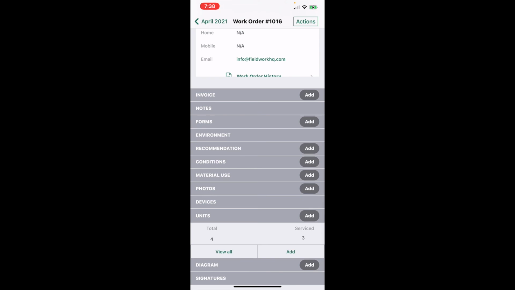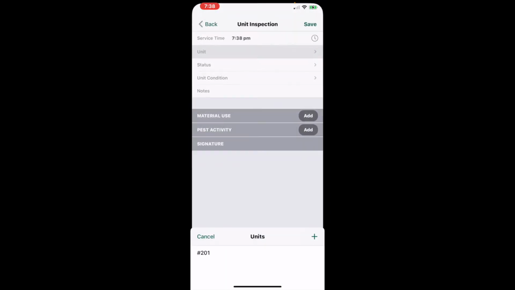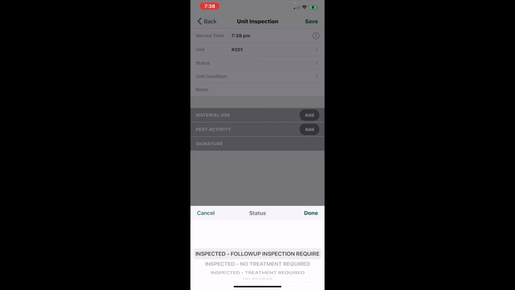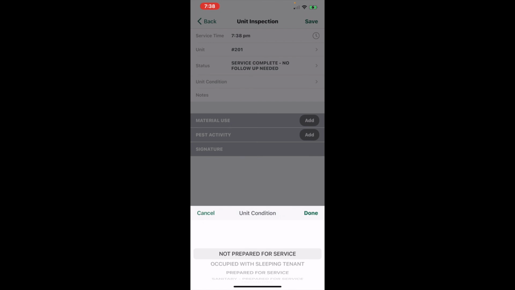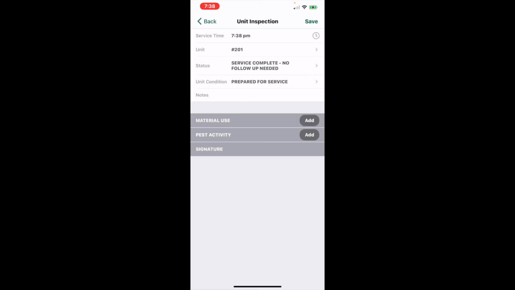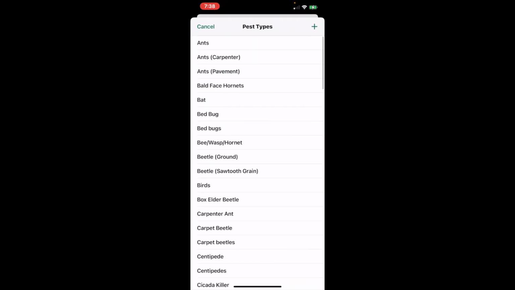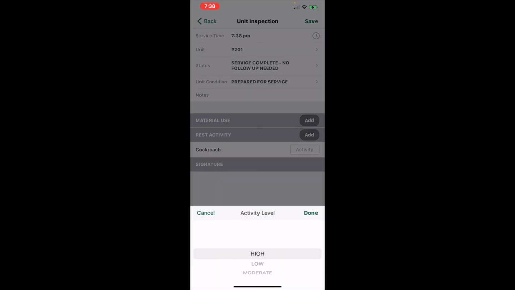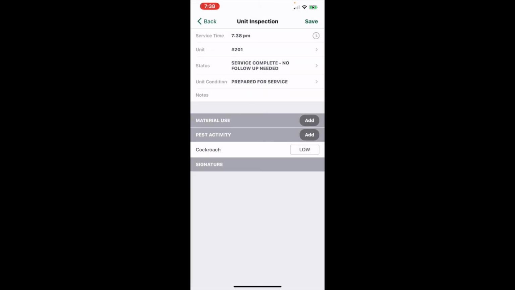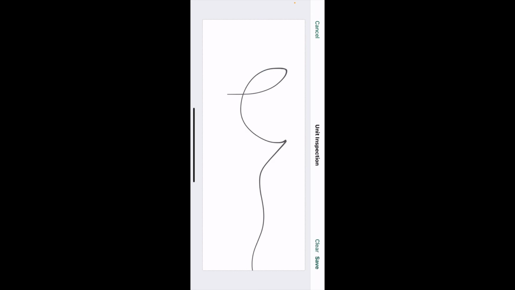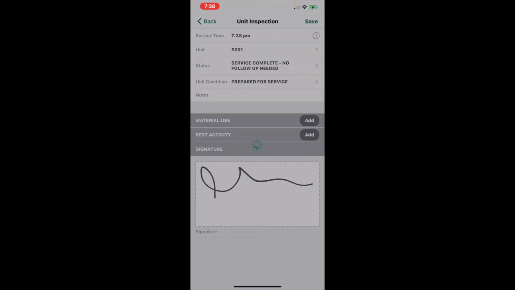And we'll go ahead and add the final unit for this building, which was 201. And we'll say that this service was complete, no follow-up needed, prepared, and we'll say we were there for roaches with low activity. And once that is complete, save. So once the units are done for the day, if you are servicing common areas, those can be added